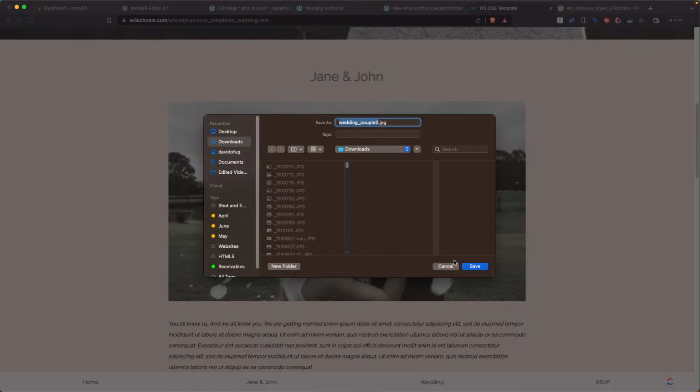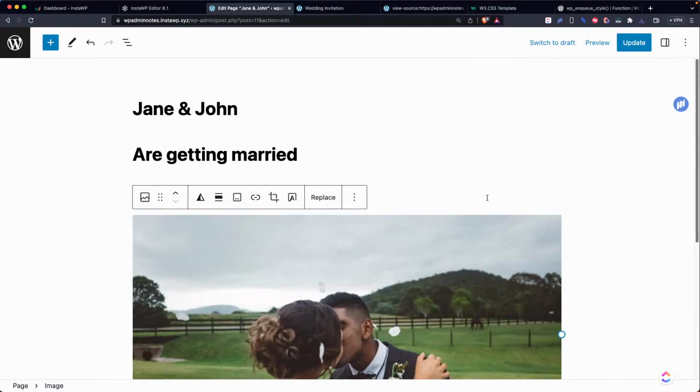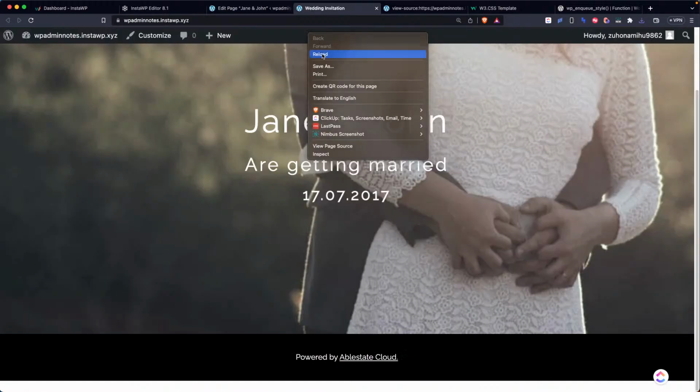Now I'll go back to edit and upload the image from downloads, wedding couple 2, open. So I will update the page, and after updating the page, we can come back to our site and reload, and you can see that the image has